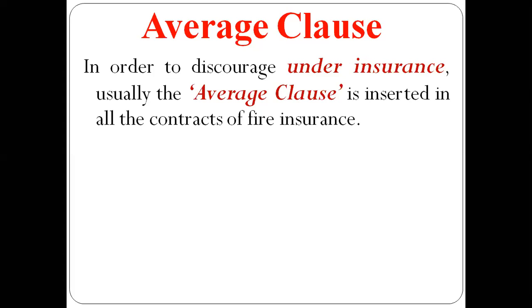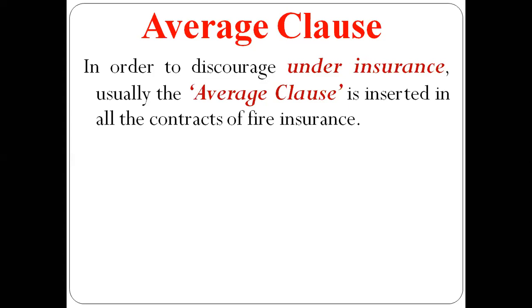Underinsurance refers to this: presume that the organization is going to take an insurance policy for stock, right? The organization would know what regular quantity of stock will be maintained. So the company has to take the full policy of the stock. Suppose there would be, on average, a stock of 1 lakh rupees in the godown or factory or the shop premises or whatever it may be. So the company has to take the total 1 lakh worth of policy